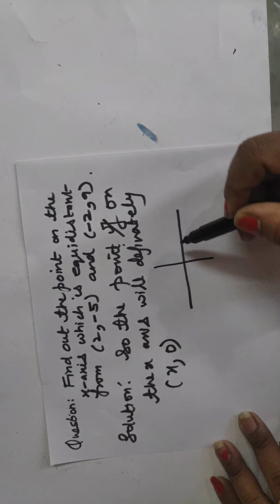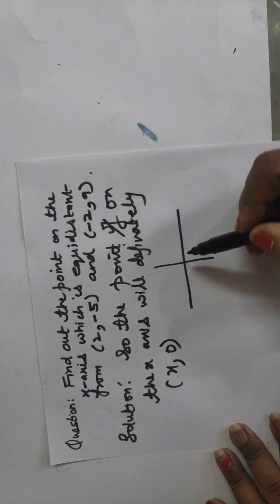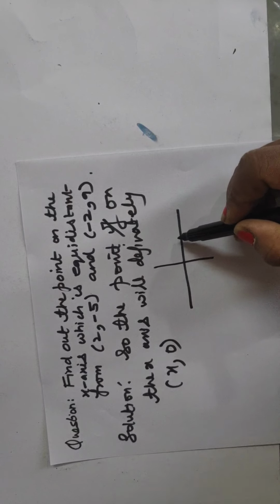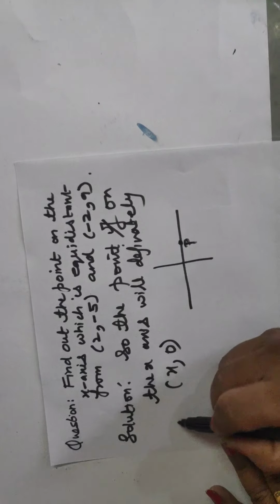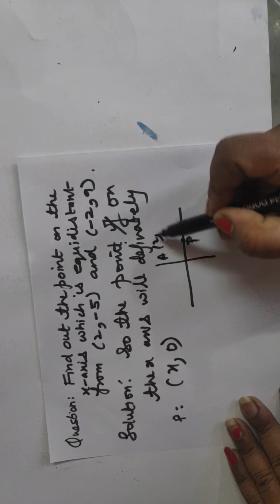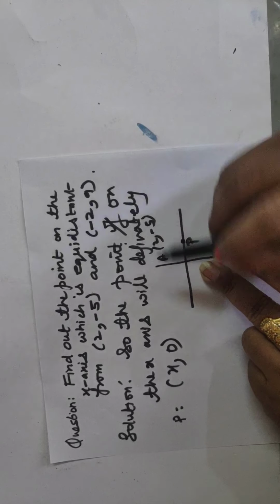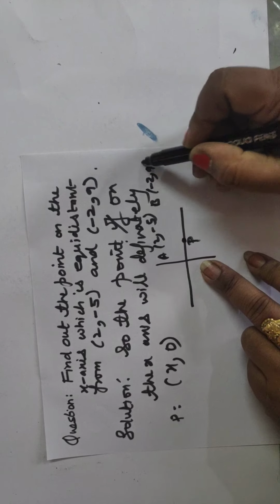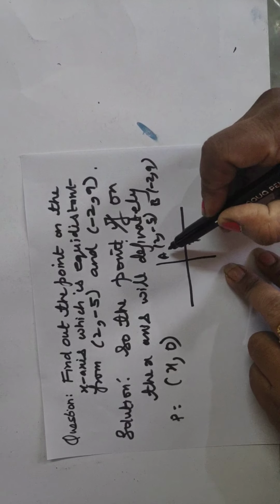I just want to make you clear. Suppose this is the point. It could be on the negative one or a positive one. I don't know. So, for example, to make you explain, suppose this is the point P that we need to find out. And suppose this is the point A, that is 2, minus 5. Of course, this will not be in the first quadrant, but just to make you clear. And B, suppose minus 2, 9. This will also not be in the first quadrant. I make you clear.